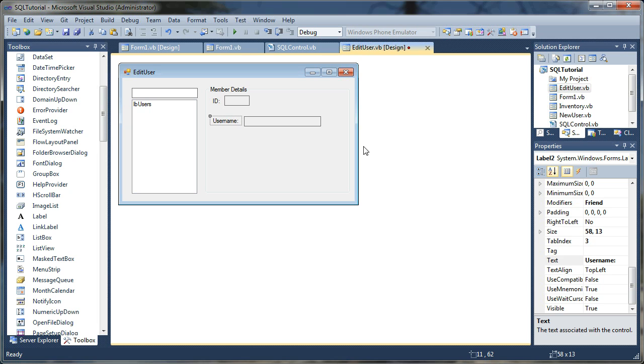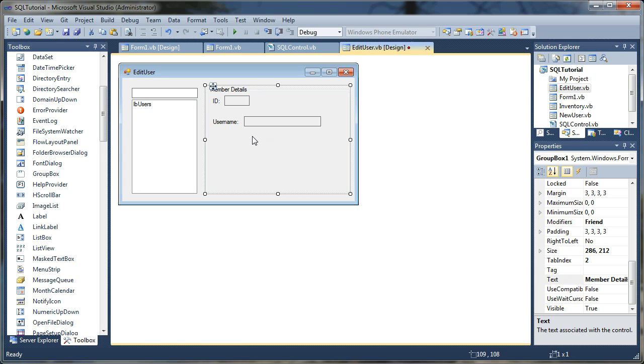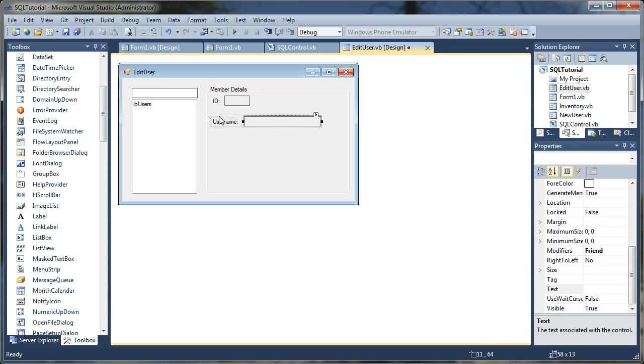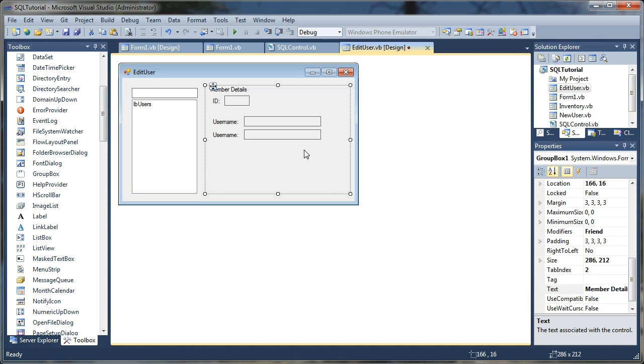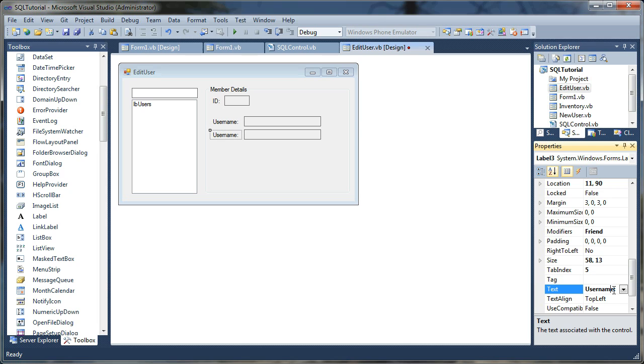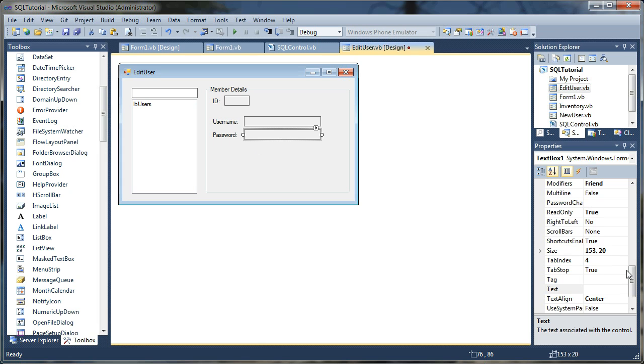All right, I'm going to bump that down with my arrow keys. And now that we have that, my password field is going to be very similar. So I'm just going to select both of those objects, Control-C, Control-V to paste, and change the label on the text here. This is going to be password. Now the password I do want to be able to change, so I'm going to remove the read-only requirement